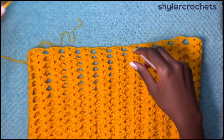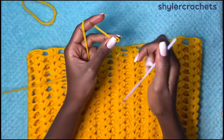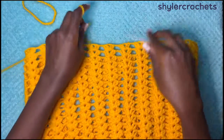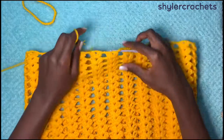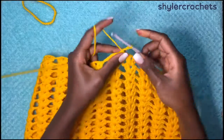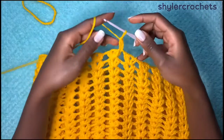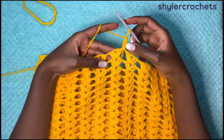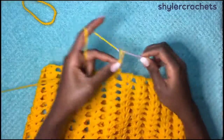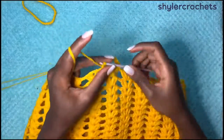You're going to attach your yarn in any space, any chain 3 space. So we shall start off with a slip knot and attach your yarn in any chain 3 space. So I'll attach here and then chain up 3, go back in that space with one more double crochet. So the chain 3 counts as a double crochet. Then you're going to chain 9 and then go into the next chain 3 space,